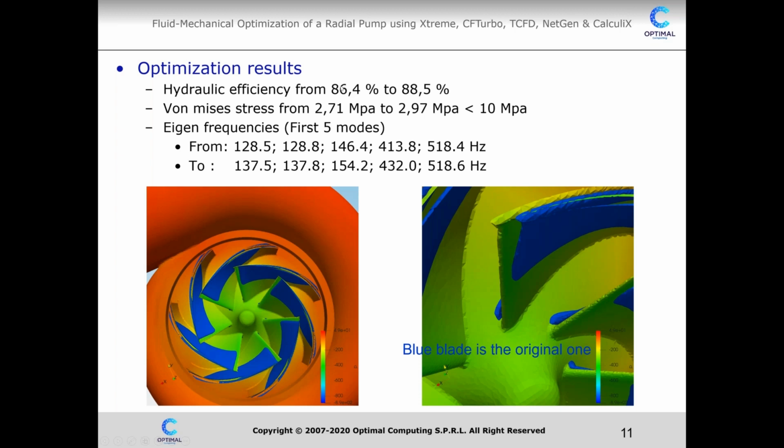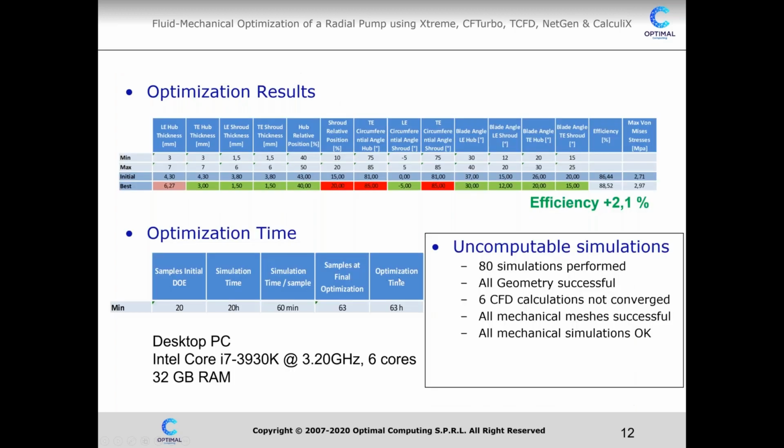So as I said, the efficiency increased by 2%, while keeping the von Mises stresses to a very acceptable level, and we see the movement of the eigenfrequencies. Here you can see the difference between, in blue, the original blades, and in green, the final optimized blade. And here you can see the value of the design variables for the thicknesses, the relative position